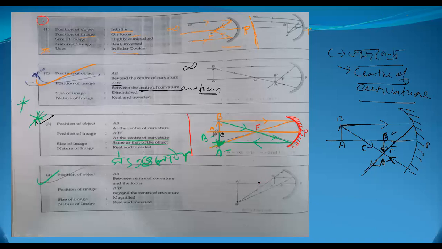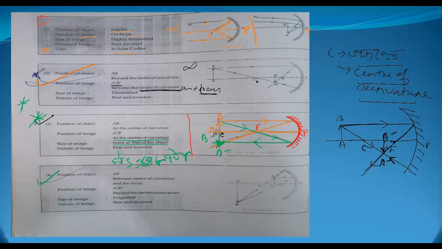Now see the fourth one. Position of the object between the center of curvature and the focus. Now, how can you relate it with the previous one? Now see, when the object is between the center of curvature and infinity, the image will be formed between the focus and